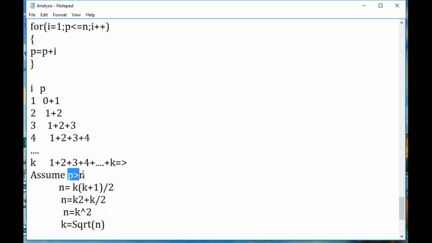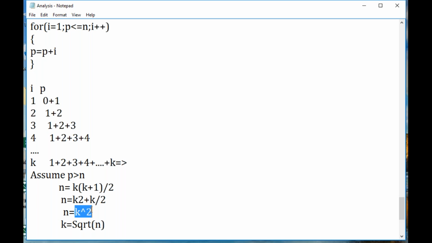When this condition fails, that is, whenever your P value is greater than N, this loop breaks. Right now we are in a position to find out our time complexity here. We know that the P value calculated here is the sum of natural numbers. So let me write N assign K into K plus 1 by 2. When I evaluate this expression, taking the higher degree of the polynomial, I'll get